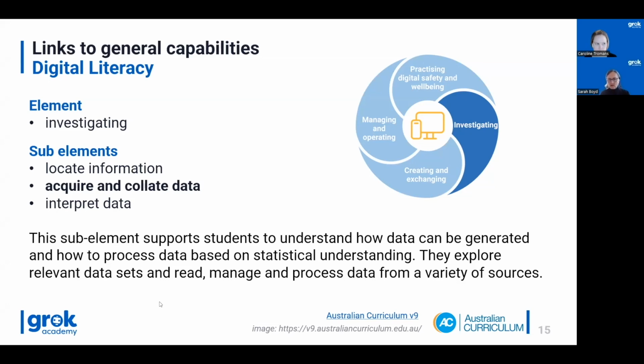So I thought we'd just mention here links to the general capabilities, digital literacy, because there's really a lot in the general capabilities about data. In this element, investigating, there are 3 sub-elements that are related to data: locate information, acquire and collate data, and interpret data. So this sub-element supports students to understand how data can be generated and how we process data based